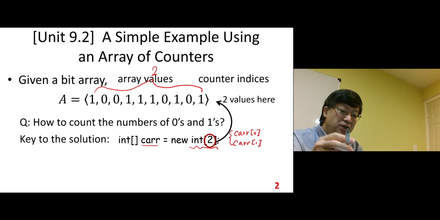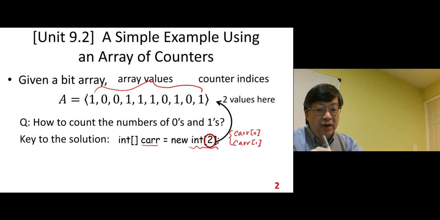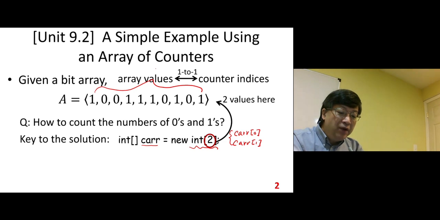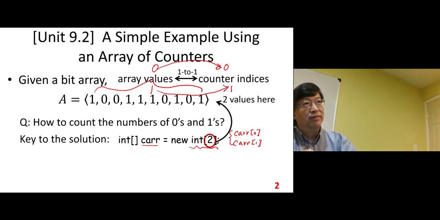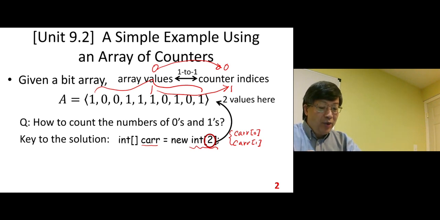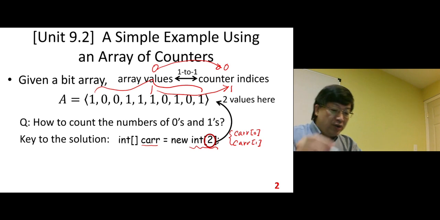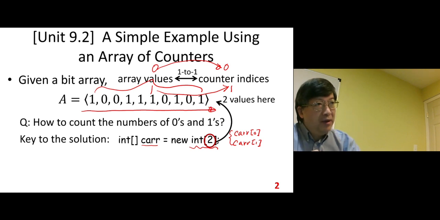Here you can see array values and the counter indices. There is a 1-to-1 correspondence. Array value 0 corresponds to index 0. Array value 1 corresponds to index value 1. That straightforward relationship. So with this observation, you can see that if we want to scan this array once and do the counting